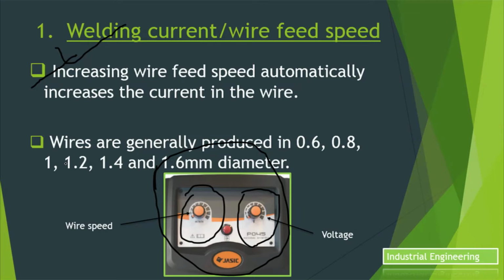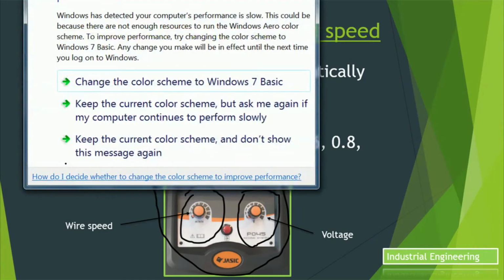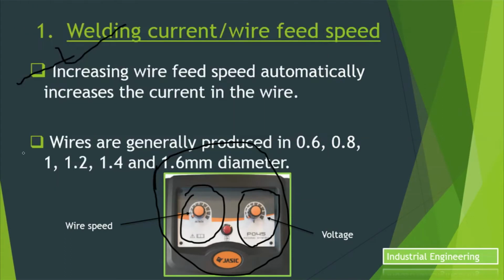If the wire feed rate is too high in comparison to voltage, then a stubbing effect happens where unmelted consumable contacts the workpiece, creating a large amount of weld spatter. Too little wire feed in comparison to voltage will result in a long arc being created with poor transfer and eventual burning back of the wire onto the contact tip. Wire manufacturers generally produce wire of diameter sizes 0.6, 0.8, 1, 1.2, 1.4 and 1.6 mm.